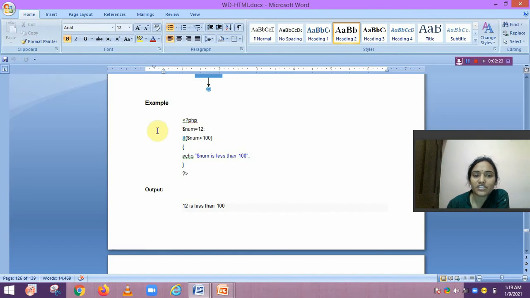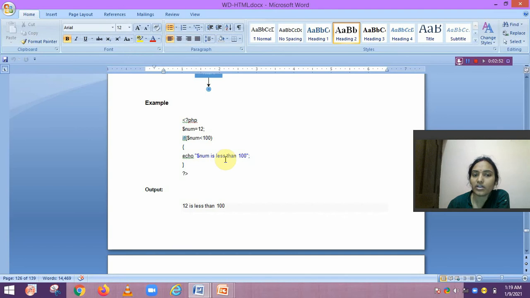So in a PHP statement, how do we write? First we write the less than symbol, question mark, then php. This is your PHP opening tag. Then here we declare a variable which is num, that means $num equals 12. That means num is a numerical variable. If $num is less than 100, then curly brace open, then it will print that $num is less than 100.